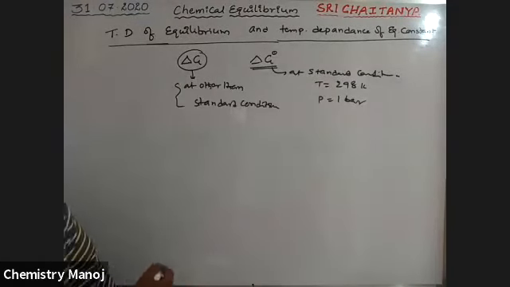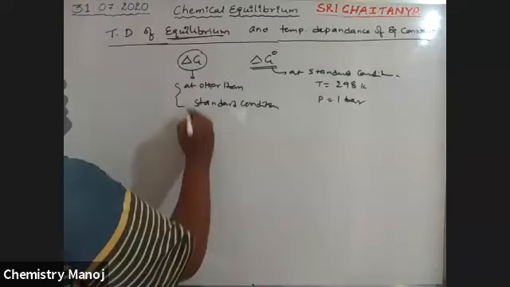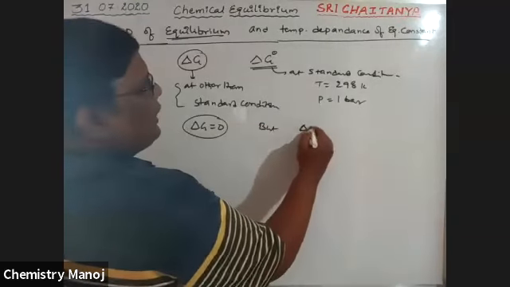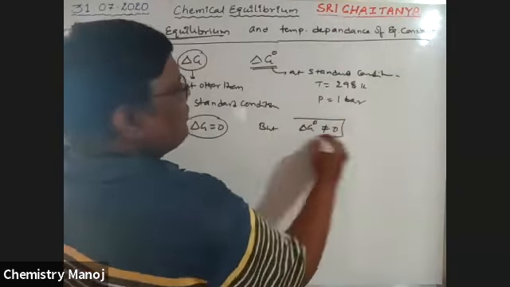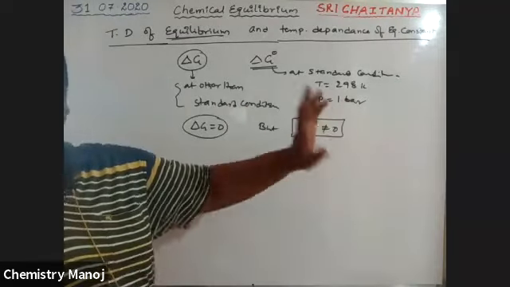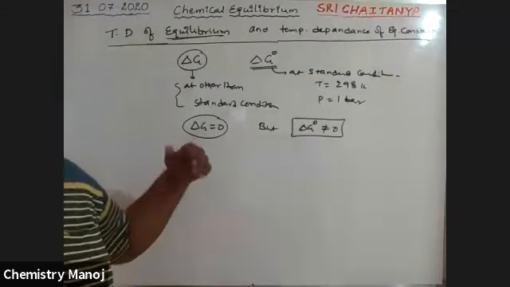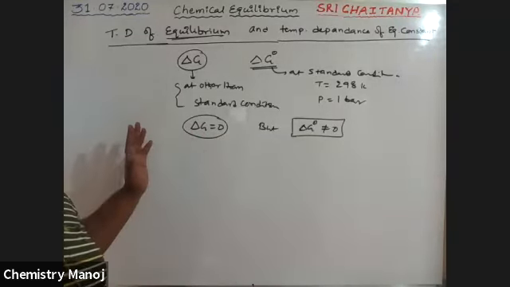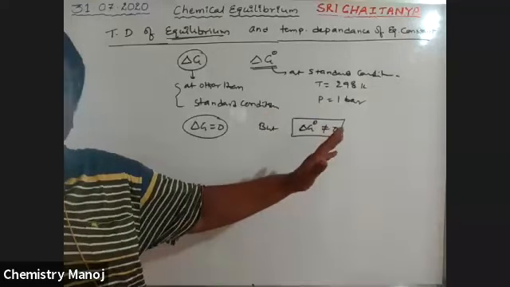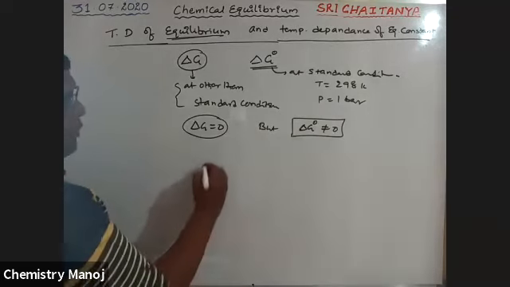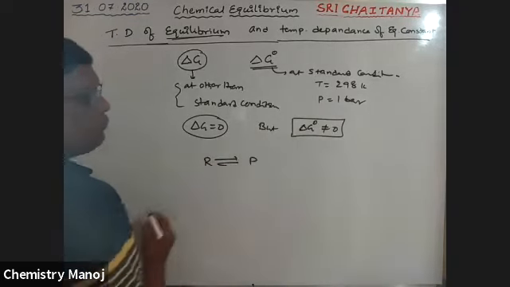So at equilibrium, delta G is equal to 0, but delta G naught is not equal to 0. Please keep in mind, my dear boys, delta G is equal to 0, but delta G naught, because standard values are fixed, is not changing. But delta G at a given temperature condition means the total energy released by the reactants is completely consumed by the total energy absorbed by the product side, because reversible reactants are converted into products.